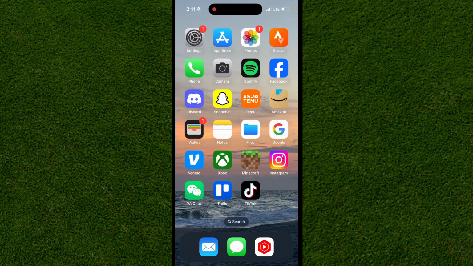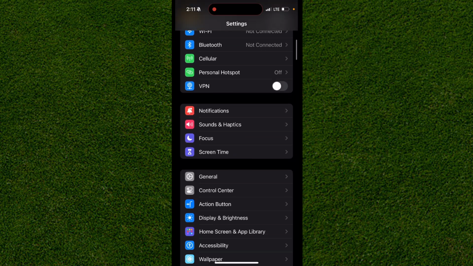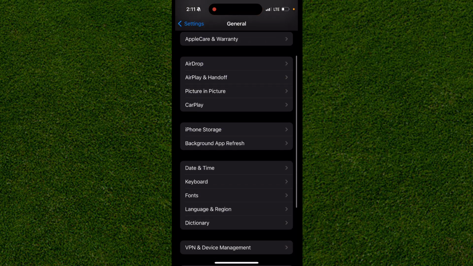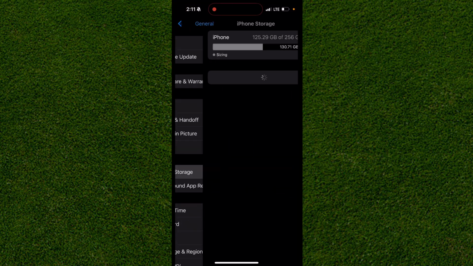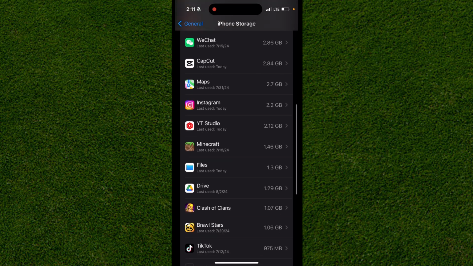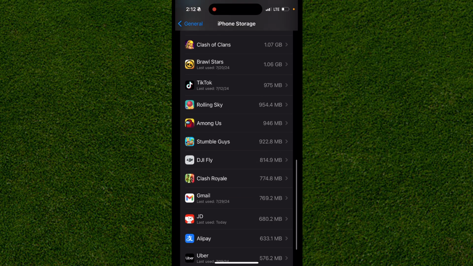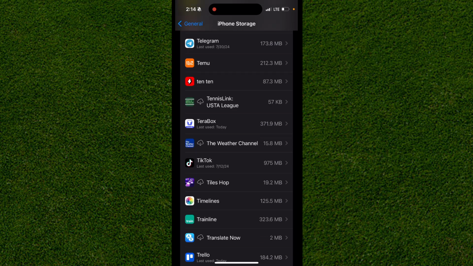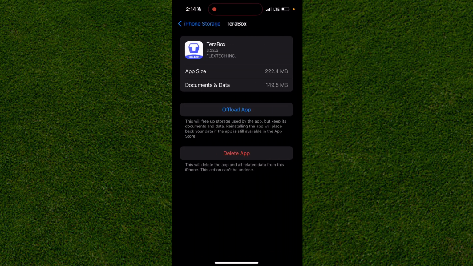But if it doesn't fix it, you just want to go over to your settings, and then go over to general, and scroll down and find where it says iPhone storage. You click on iPhone storage, and once it loads all of this, you scroll down once again and find where the app says Terabox. Once you find the Terabox app, you just click on it, and then from here you just